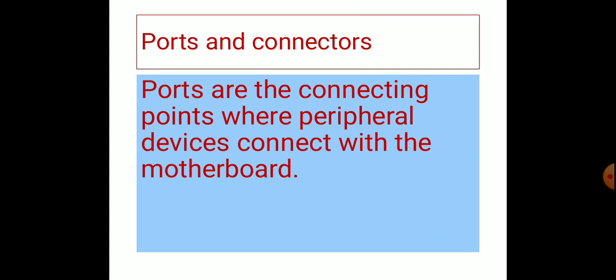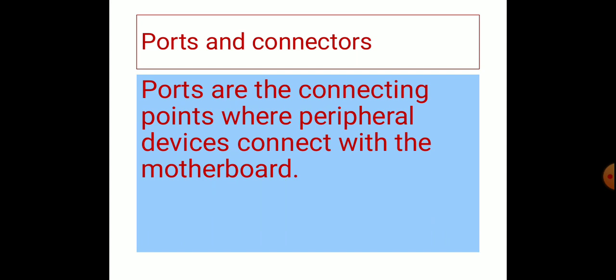Next device is ports and connectors. Ports are the connecting points where peripheral devices connect with the motherboard. A port is generally a specific place for being physically connected to some other devices.